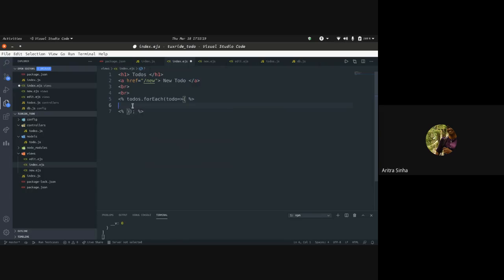So let's say we'll write h2 and we'll print the todo.title. Okay, so it will print the title, and like this we'll add a few things here and there. We can print the description.